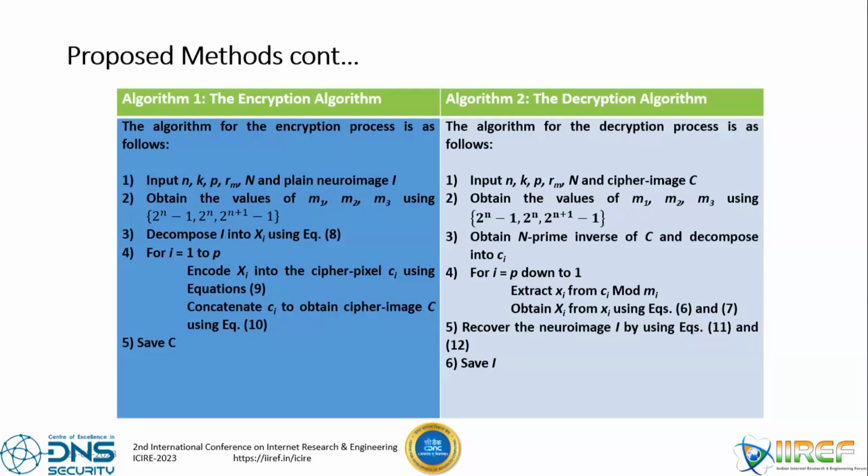Say, for instance, if we put our value of n to be 4, then the first moduli channel will be 7. The first moduli channel will be 15. The second one will be 16, while the third one will be 31. So, and this is used to generate